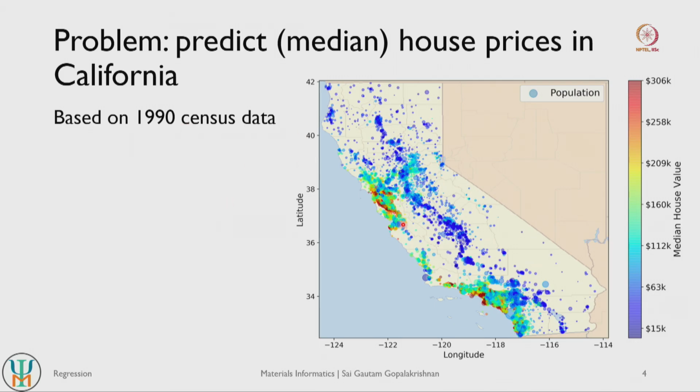Of course this problem is not really a material science problem, so we will focus on regression tasks associated with material science in our hands-on sessions, right. So just to give a sense of this plot, so this is a map of California state that is highlighted in yellow here, and these bubbles are all referring to different population sizes in each of those regions within the state, and the colors themselves indicate your median house value. So how expensive on an average houses are within a given area, right. And it is this median house value that we are going to try and predict with our regression models.